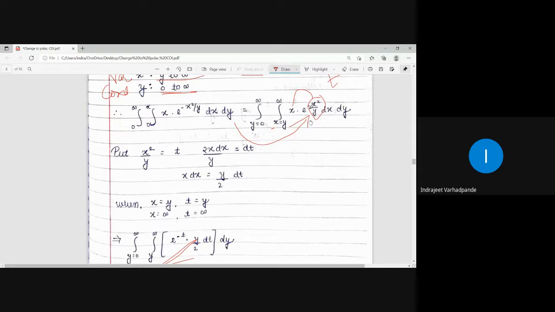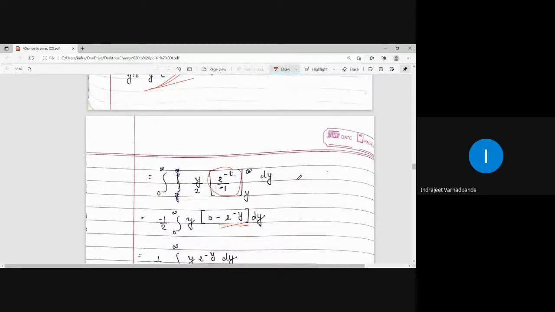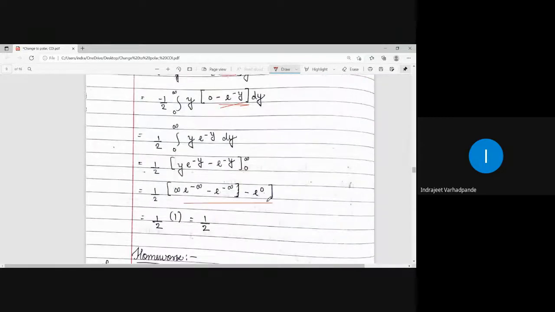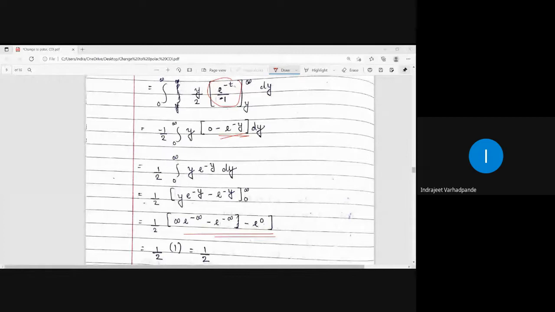यानी at the end there has to be one of the bound as infinity which is to be substituted, and for us, if it is having a negative index for the exponential term, e to the power minus infinity is 0. So it will be very easy for us for the evaluation or the calculation. So in this way, we try to integrate first by applying integration by parts, substitute the value, you get the answer for y, integrate with respect to y, and get the answer, a finite value, in the